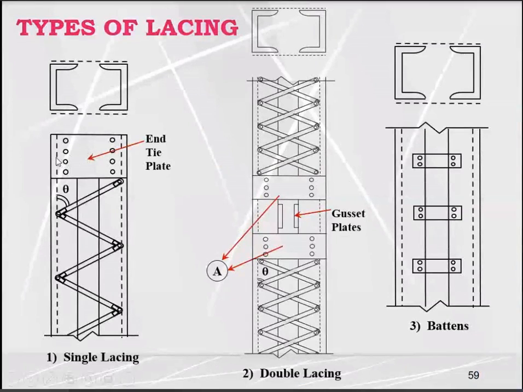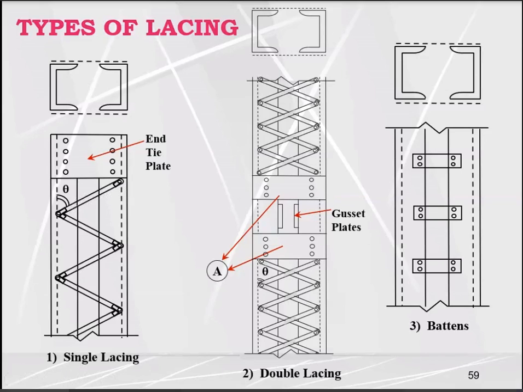Actually, here you think that if the bending is taking place on this side, or you can say that if buckling occurs in one direction, one lacing, this will be in tension, but this lacing will be in compression. And similarly, if the section is bending on the other side, then this lacing will be in compression and the other will be in tension and vice versa. So actually it means that depending upon the buckling direction, one lacing may be in tension or in compression.